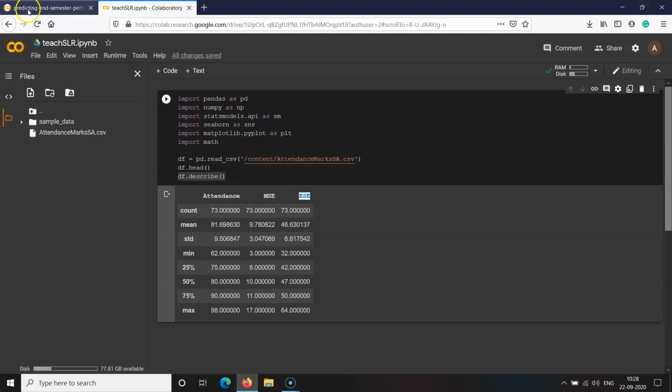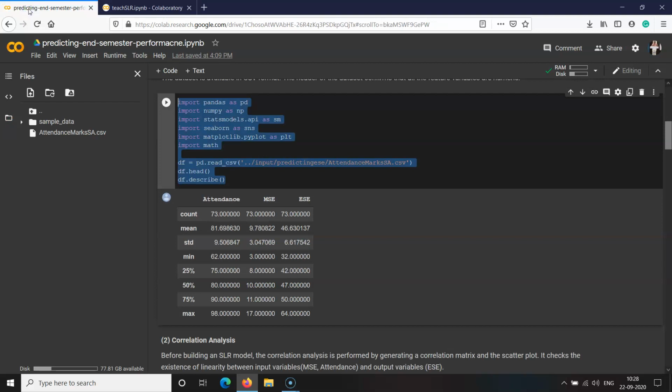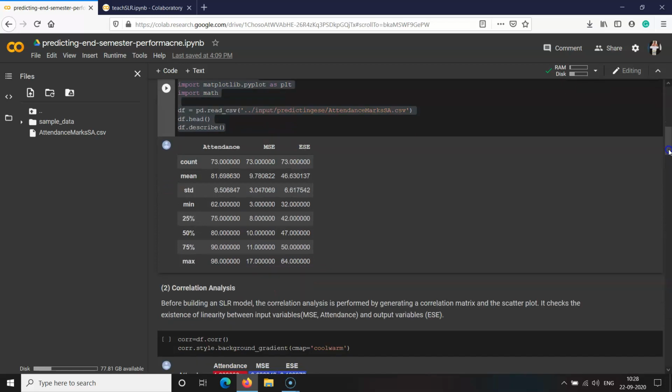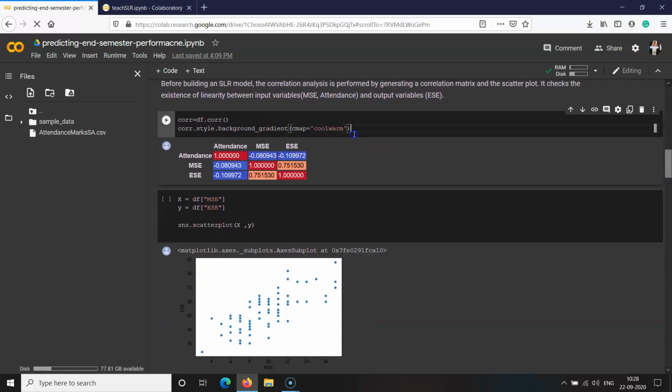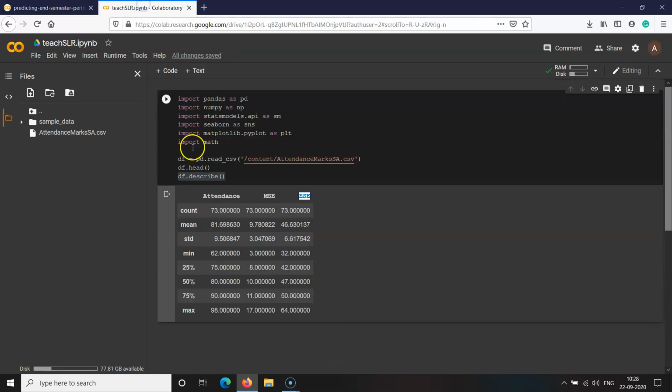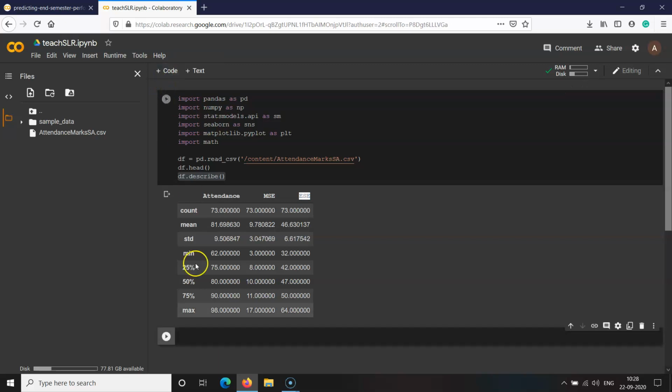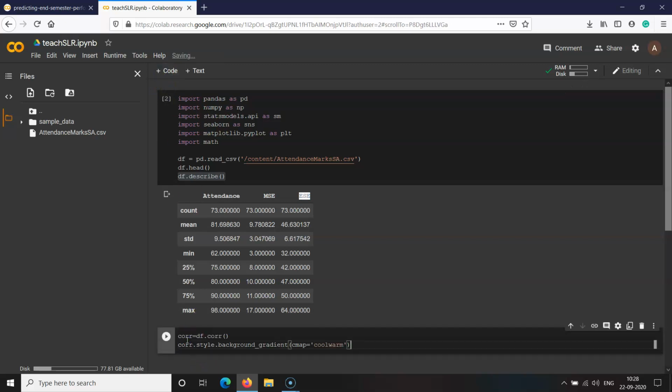So the first activity that we need to do is, after reading the data set into the memory, we want to perform the correlation analysis, and how the correlation analysis is performed, let us see. The correlation analysis is performed like this.